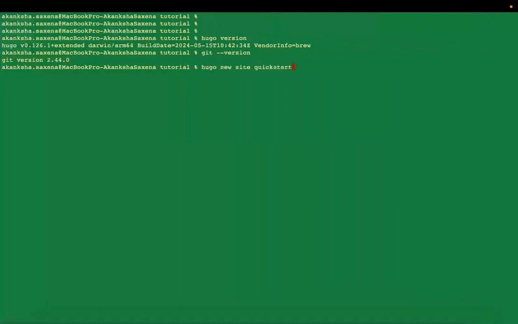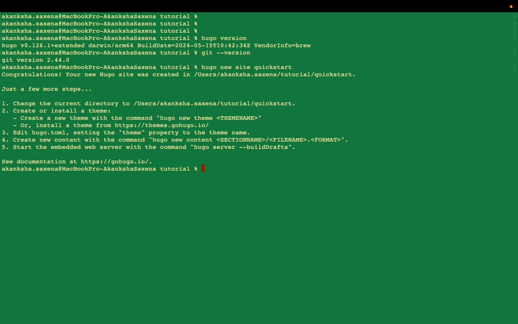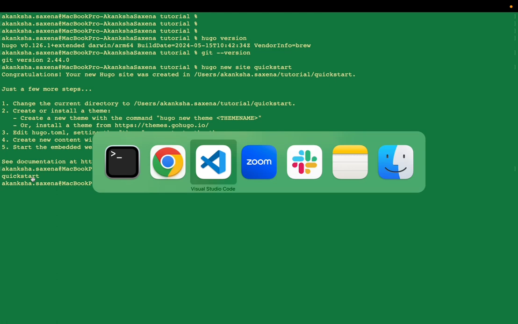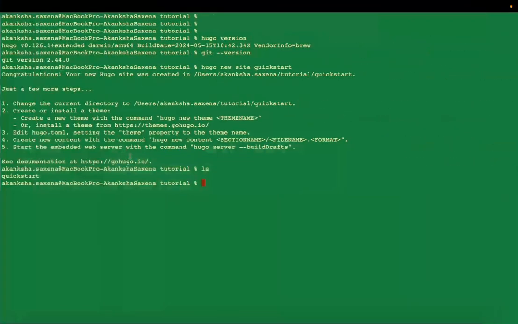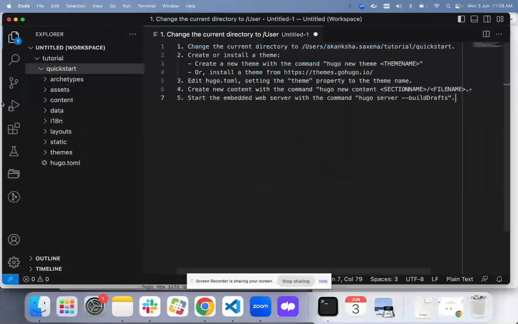You can use a command. We can call hugo new site, the name of the site. So it is going to be quickstart. It says congratulations, I have set up a site called quickstart. If you see it, it has created a folder called quickstart for us. I have opened it in Visual Studio Code for us to check out. I can see the quickstart folder created here. Then it says I can check out more documentation here, and then for the following commands, I'm going to copy this command for our future use.